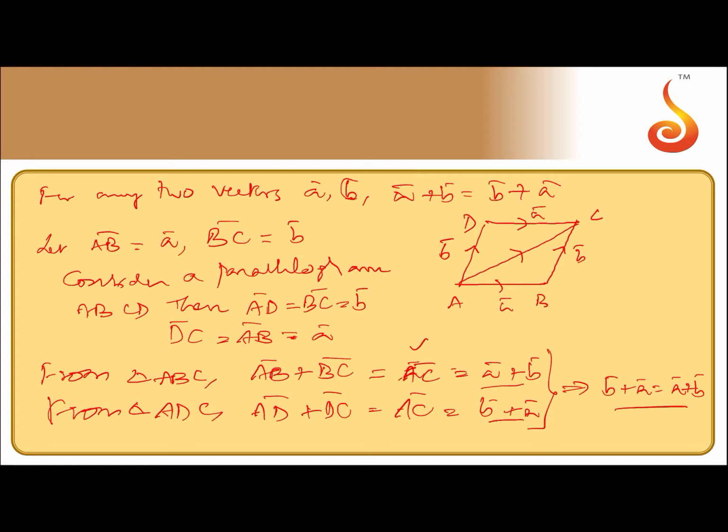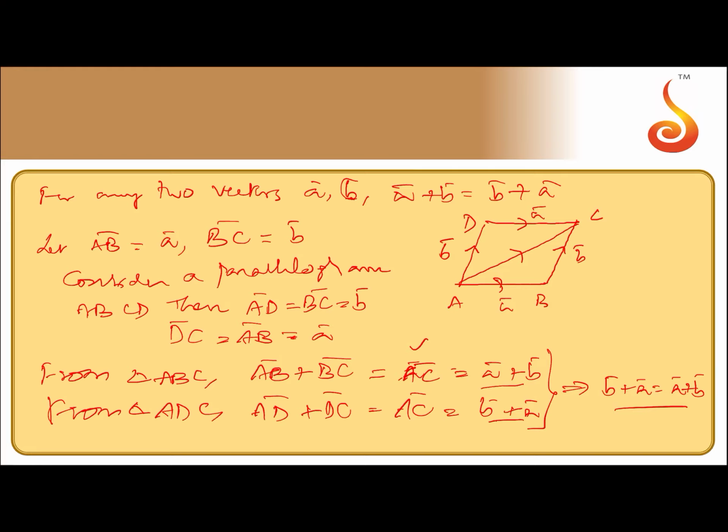Is it clear now? So take the two adjacent sides of a parallelogram as A comma B. The other opposite sides are also A comma B. So from the lower side the sum is equal to A plus B. From the upper side the sum is equal to B plus A. A plus B is the same as B plus A. Both are nothing but the resultant of A comma B.